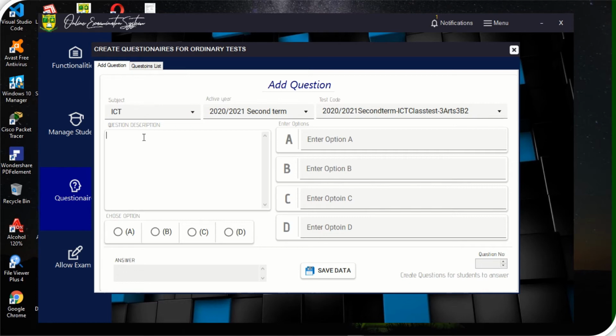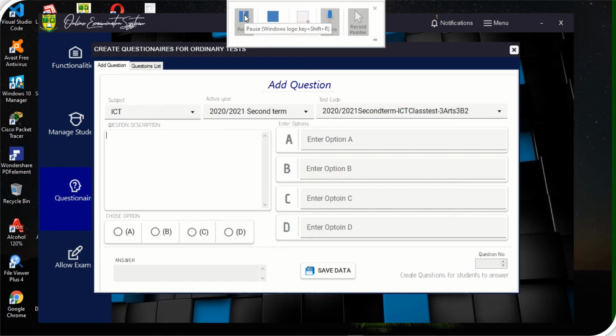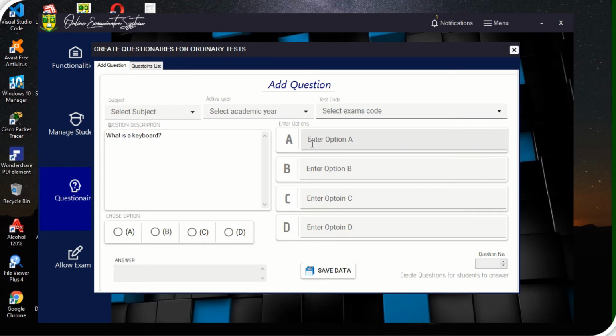So we say let's create a new question. Let's say ICT, what question? So I'll be creating questions. I'll be back. So now I am adding questions to the system. So as the question is, what is a keyboard? So for the option A, you say the keyboard